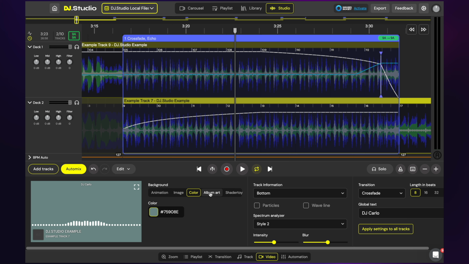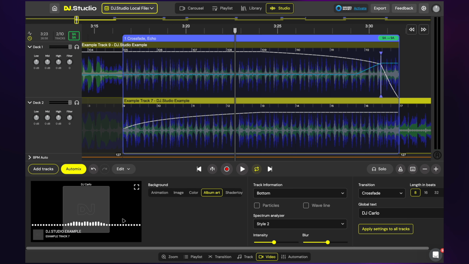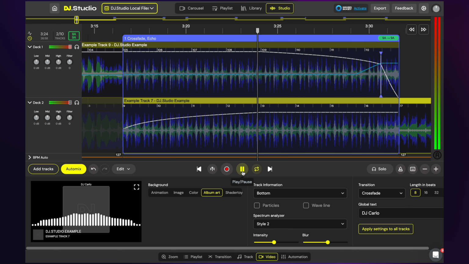And finally, you have the option to have your track's album artwork pop up in the background too. This is similar to how it's usually done on YouTube topic videos. Though, I'd recommend looking through your tracks to see whether or not they have album artwork in their ID3 tags before committing to this. Tracks without any artwork will pull up a fairly boring default image, and you wouldn't want to drop the energy